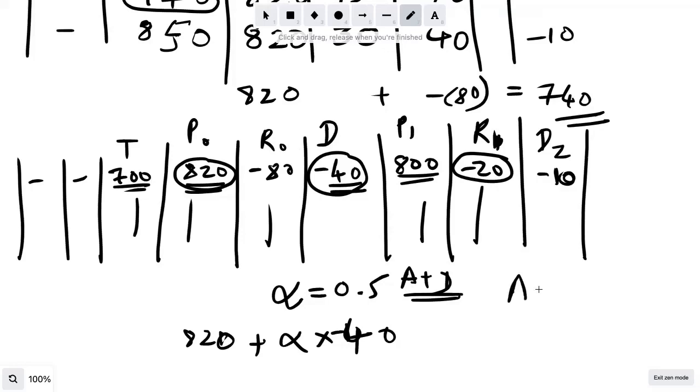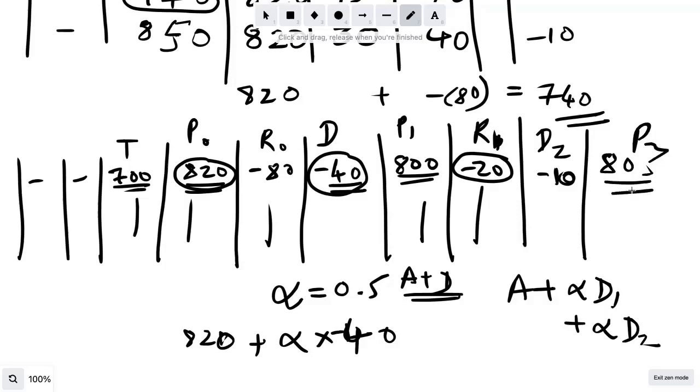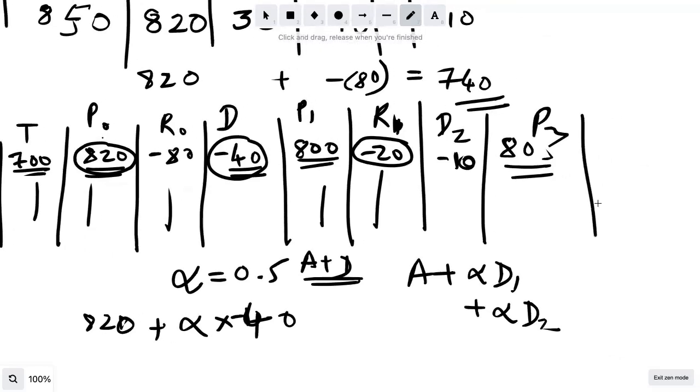So we go the initial average A plus alpha times the prediction from decision tree 1 plus alpha times the prediction from decision tree 2. That means now we get to 805 as our P2. And we're still far away from the target. So then we compute the next residual, R2. R2 becomes 5. And that's how it proceeds. Okay.